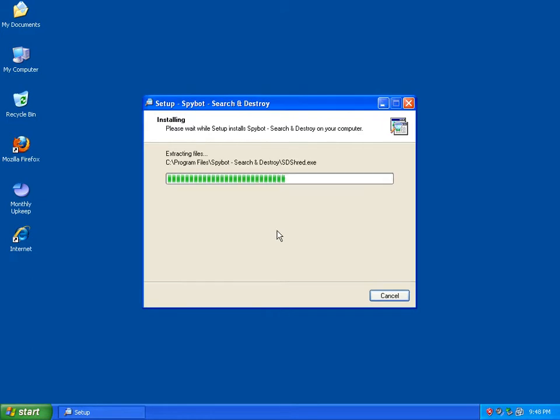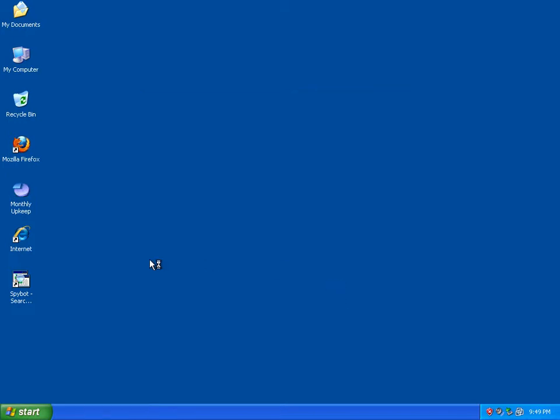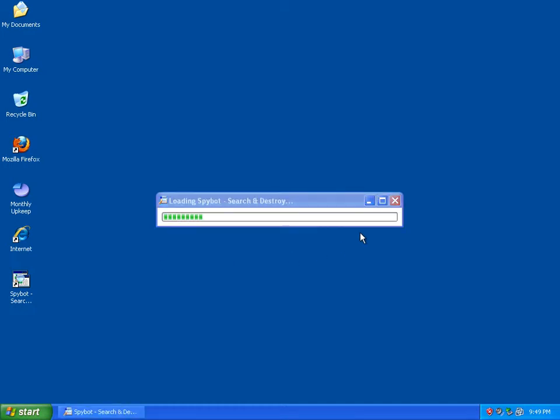So this is actually just doing the install as we speak. If you're updating it from an older version, it may ask you something, just retry, and it should succeed, only if you're updating and you get messages popping up in that. So I'm going to run Spybot, and generally it does take a little while to actually start up, so give it some time. Spybot is a little bit slower to load than some other software, but it's not too bad. It's usually fairly quick. So once it finishes loading here,